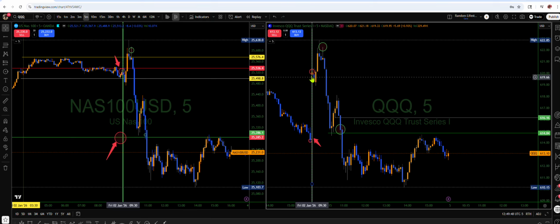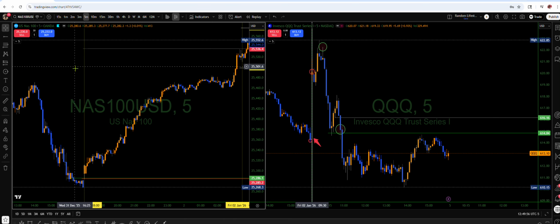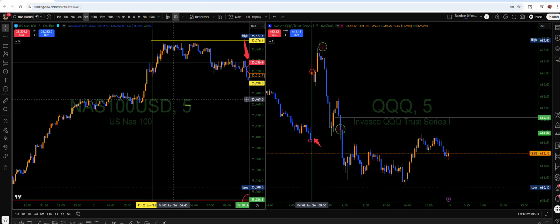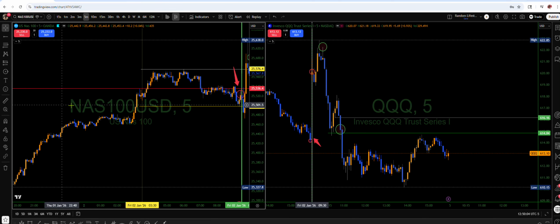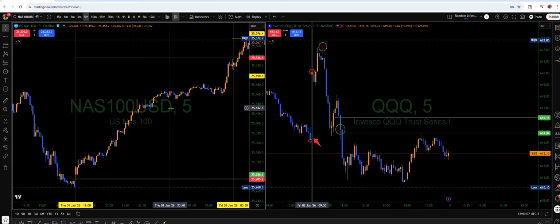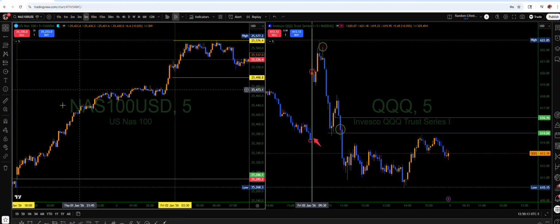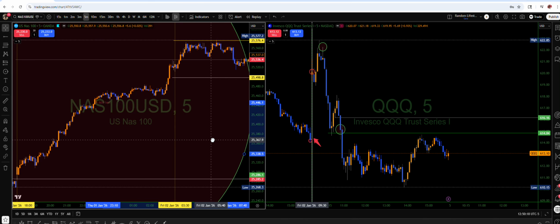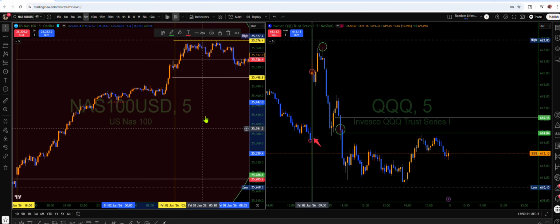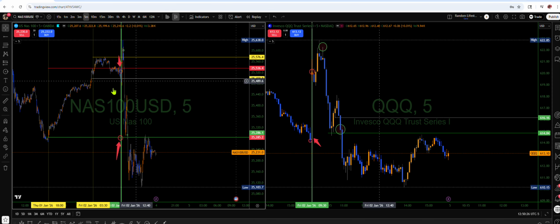Because basically, all this open data right here is literally all this data from here all the way back to here that you're missing out on. If you look at your left on the NAS, from here to here, you're missing all of that. So all of that right here is gone. You notice that big space. This is everything that you're missing right now. Literally this whole big chart right here that you're missing. So we're gonna start looking at that,